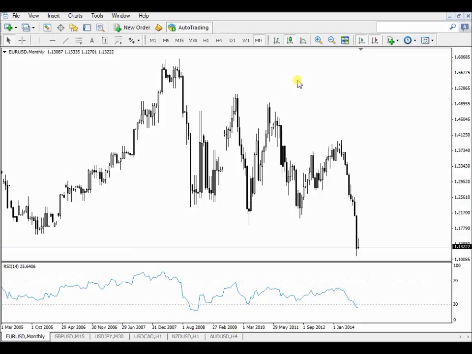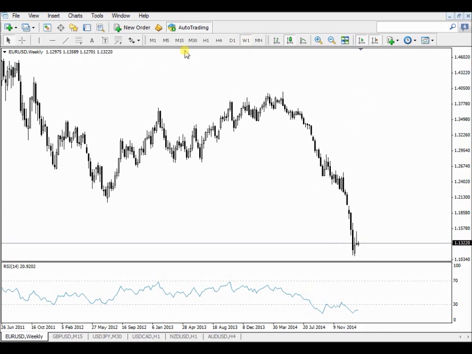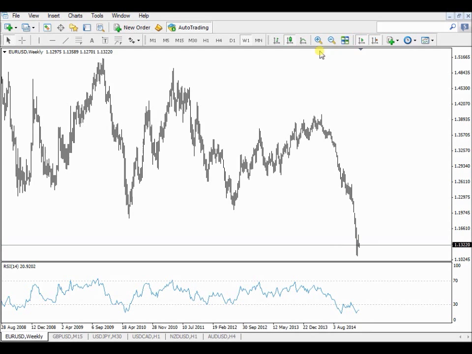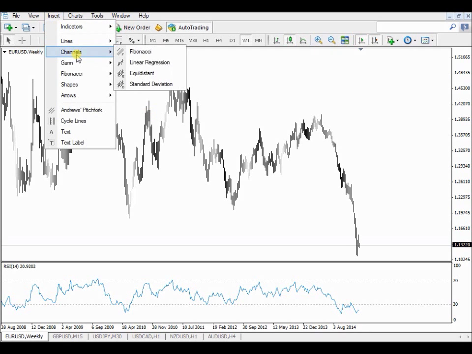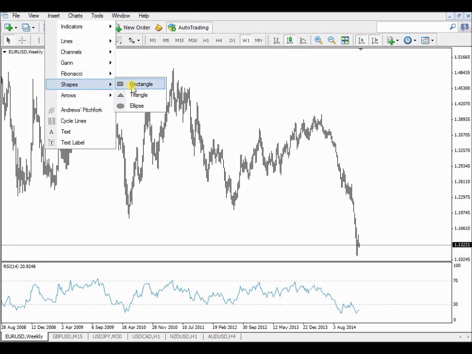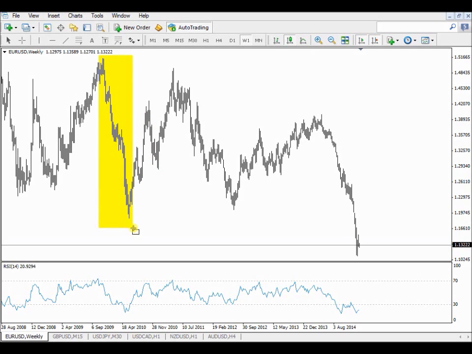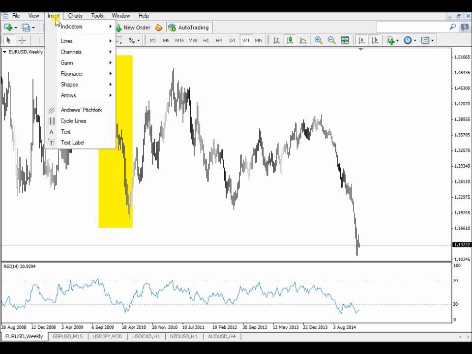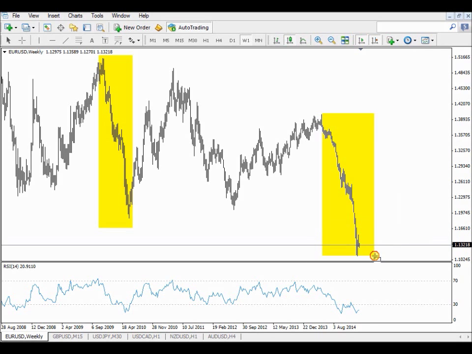Alright, so let us go into the market. Let's start with a few indicators and how I use the indicators. There's something I want to show you, the guys that know something about trading. On the euro, I just want to show you the fractal nature of the market. I want you guys to look at the following. Look at that down run here, and look at that down run here.